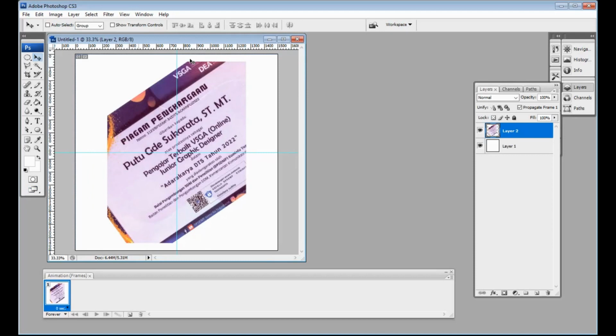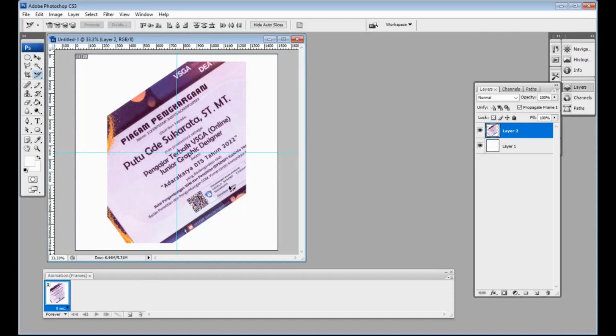We will divide it into 9 objects. Okay, now we can use the Slice Select tool here. Choose the Slice Select tool, and we will see this, maybe the property. Yeah, this is one slice.